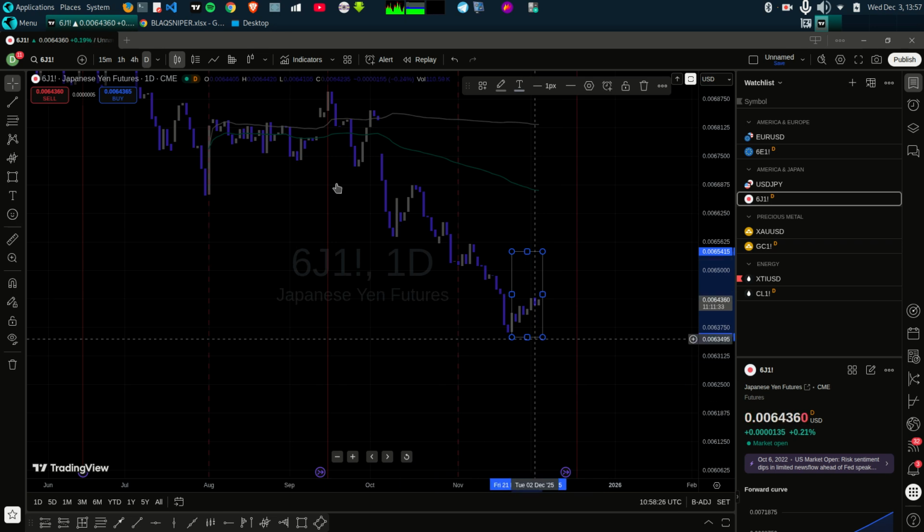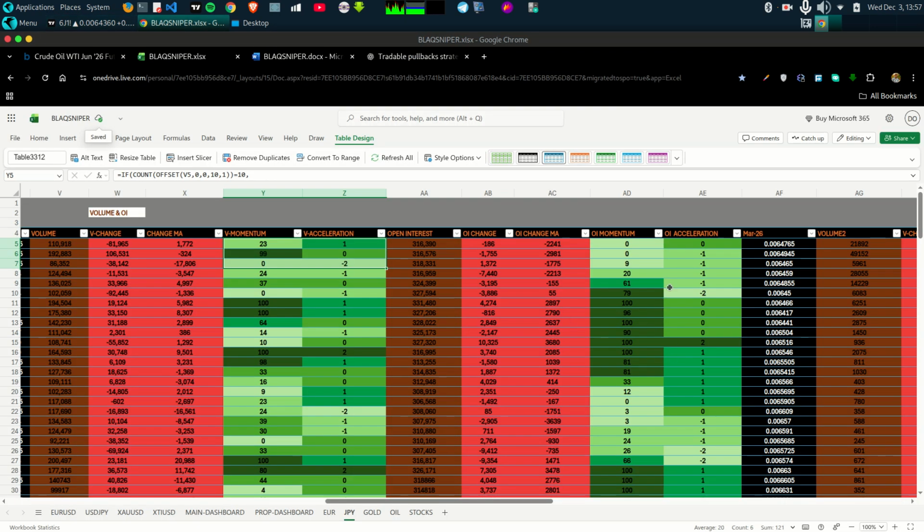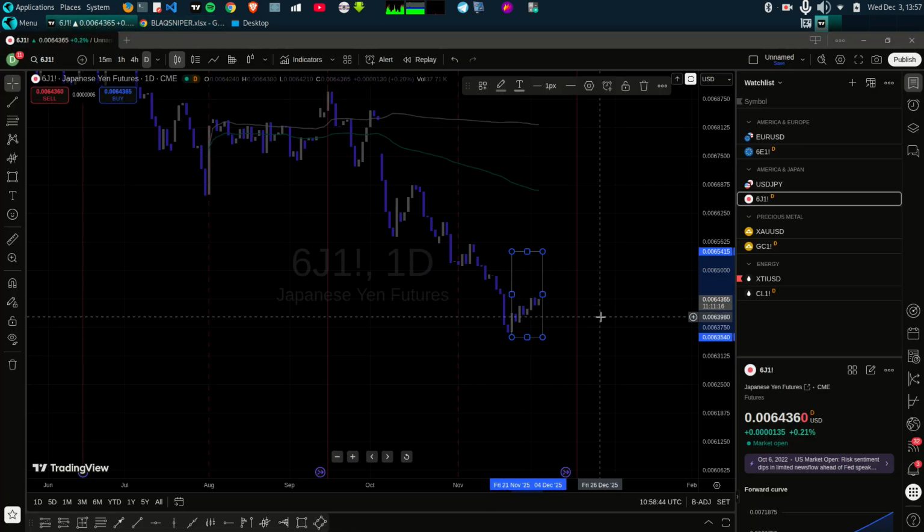So this is a pullback. Why? Because let's see what's happening to the open interest. Positions are being drawn away from the market, meaning they are being closed or added slowly. So this is a pullback on the yen. So if it's a pullback,